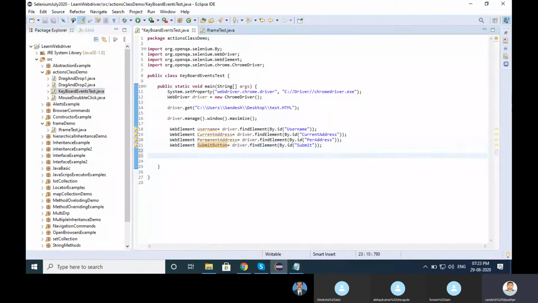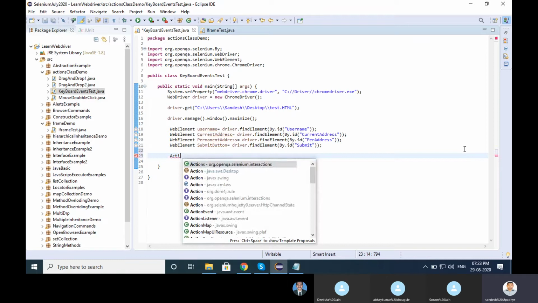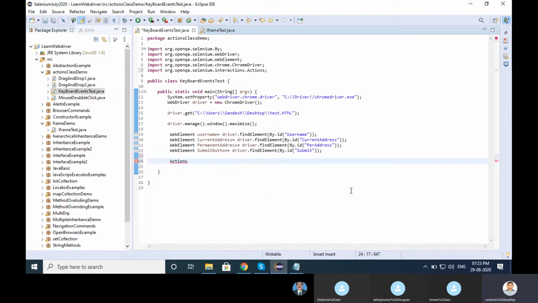Now once we store all the elements into WebElements, we need to instantiate the action class. For that, I'm creating Actions. Look here, org.openqa.selenium.interactions. These are the interaction API. We are calling that action class here. Actions is equal to new Actions, and we want to pass driver into the action class.